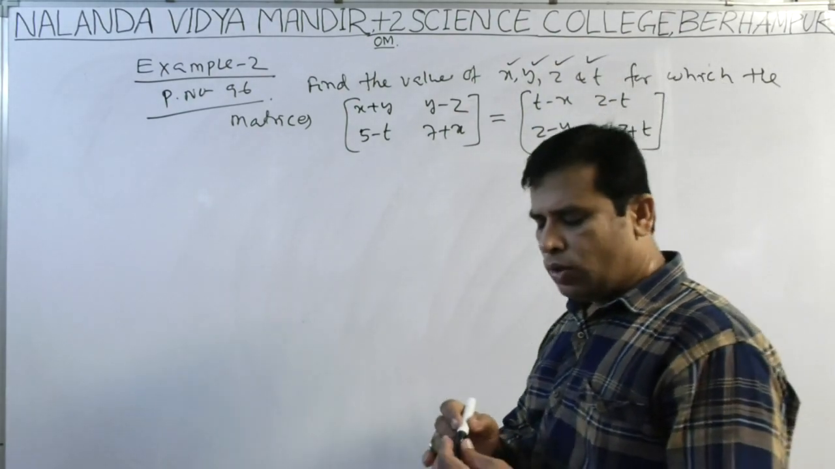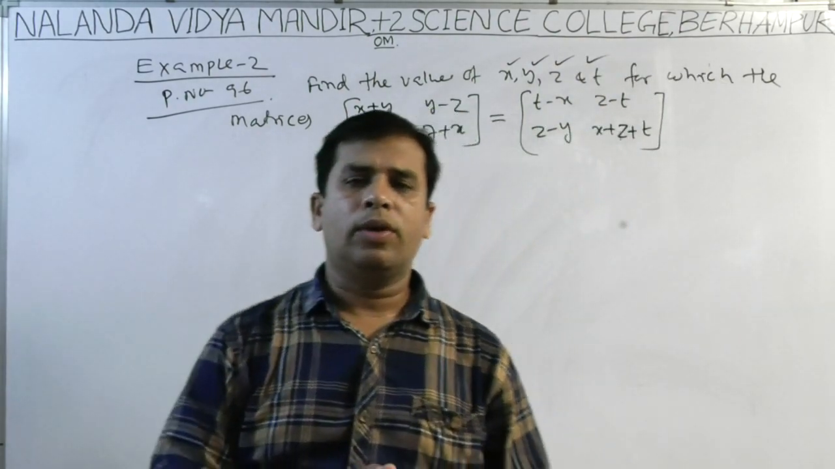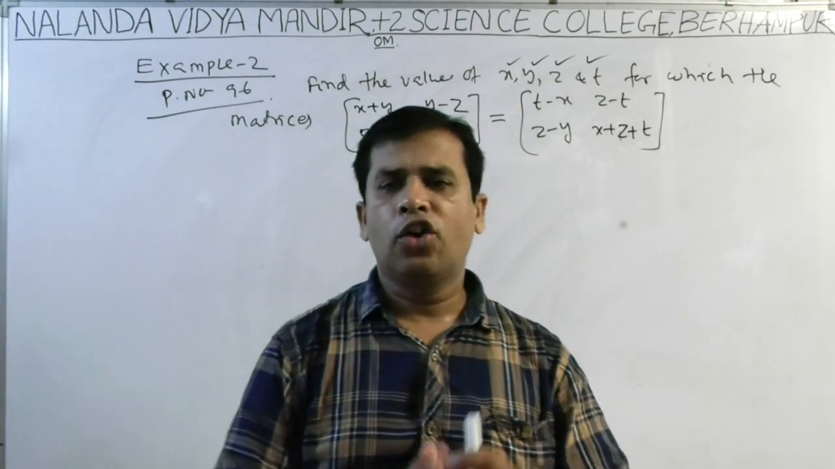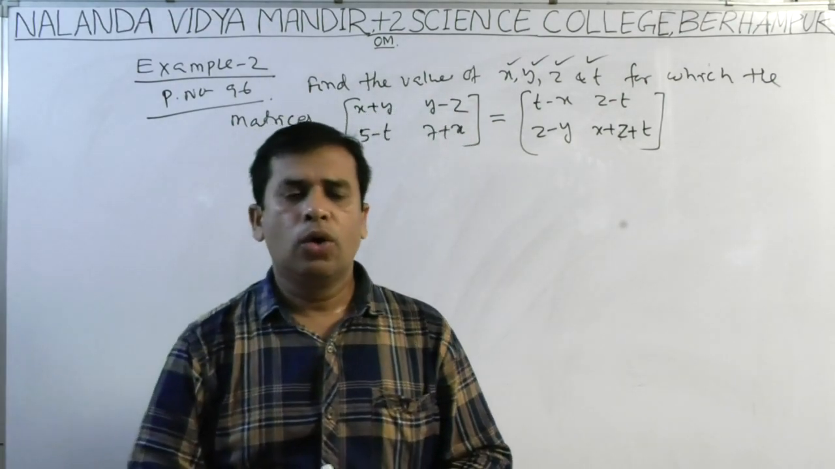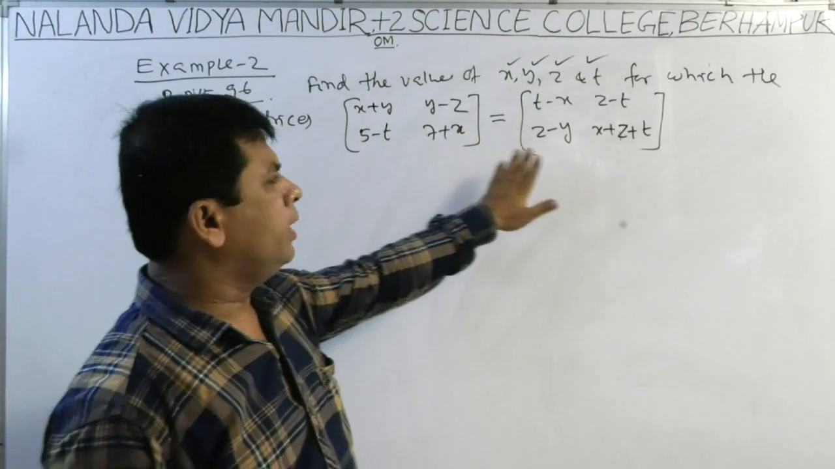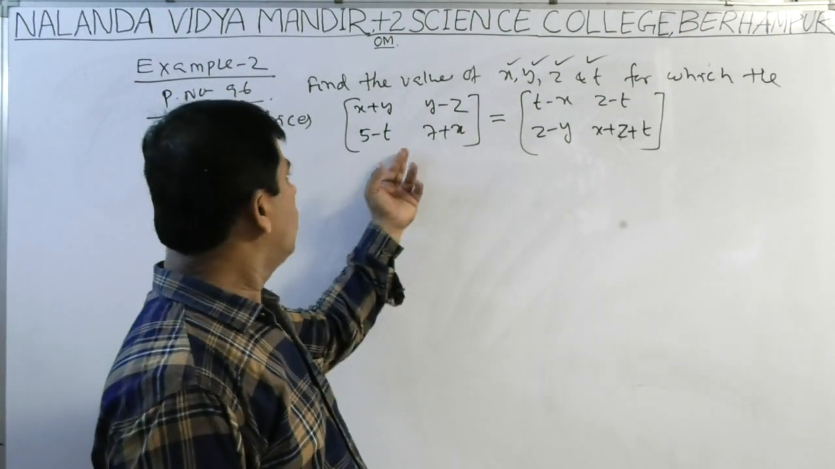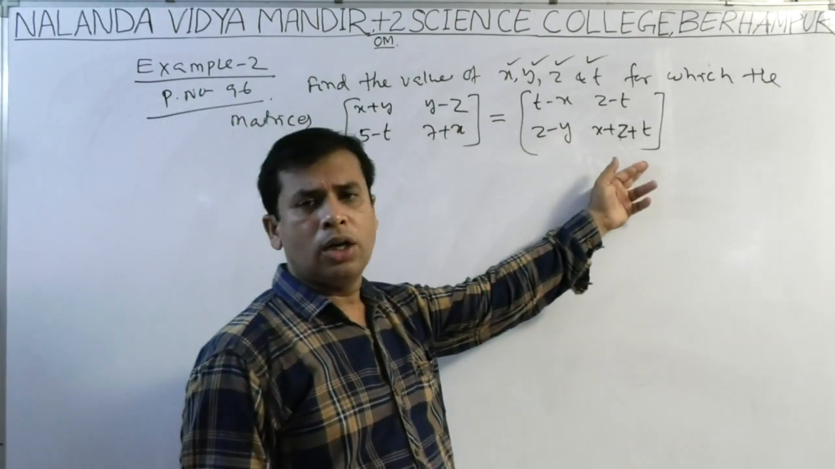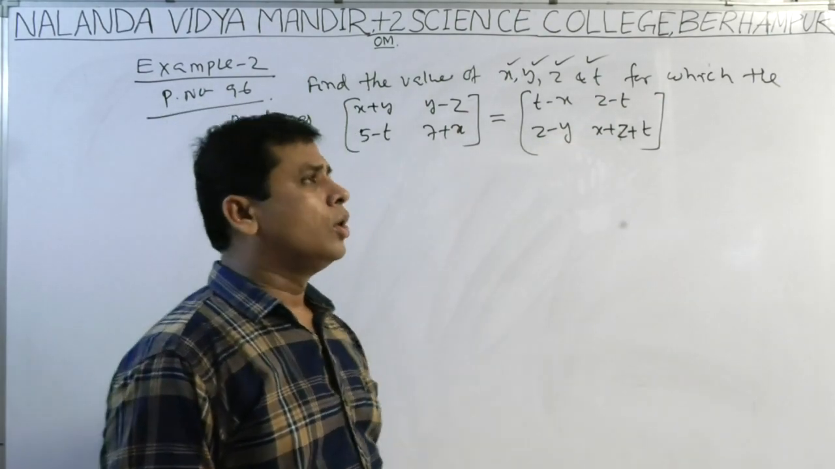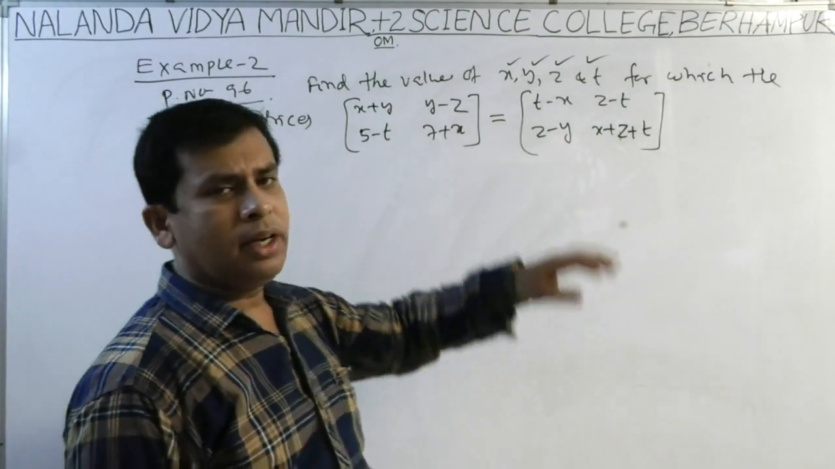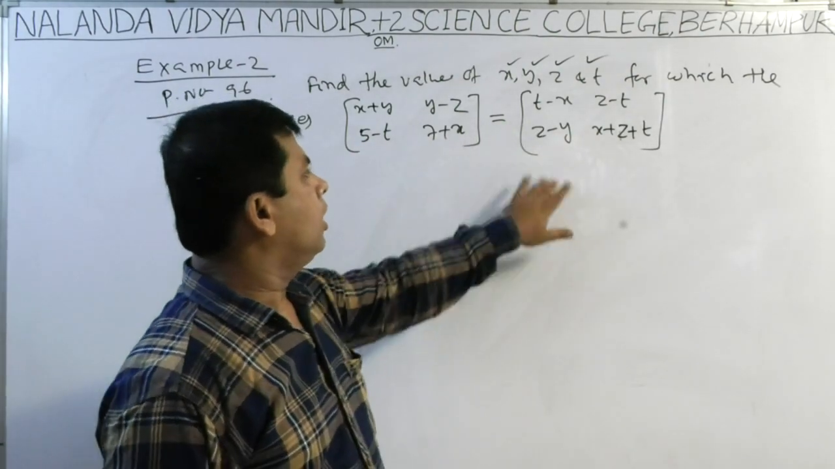Two matrices are equal. In which condition are two matrices equal? We know if two matrices are equal, they have the same order. Here the order is 2 cross 2, and here also it is 2 cross 2. Now you compare the corresponding elements. If they are equal, then